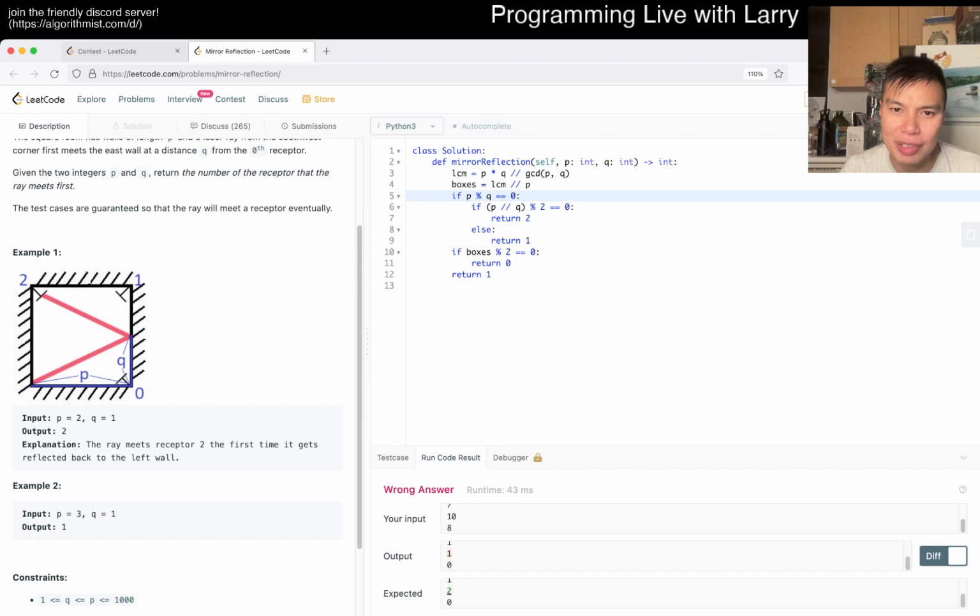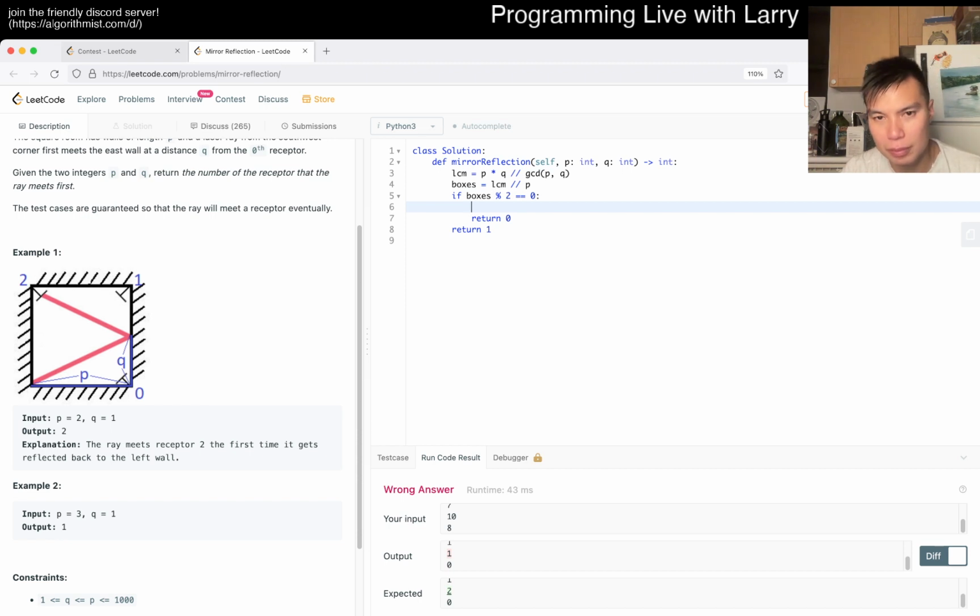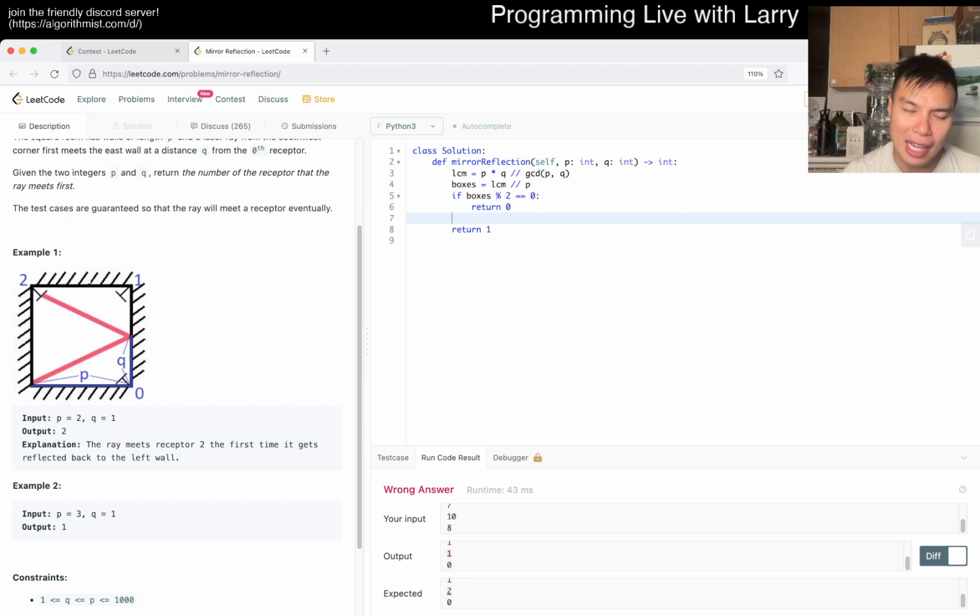I added this thing, but what I mean is that if boxes is even, then it's either 0 or 2. How do we figure out the 2's? Well, the 2 is if it's on the left side. Wait, what? No, not the 0 part. If number of boxes is even, it's always 0. Okay. If boxes is odd, then now we're trying to figure out how to get to the left side or the right side, right? It's on the left side if